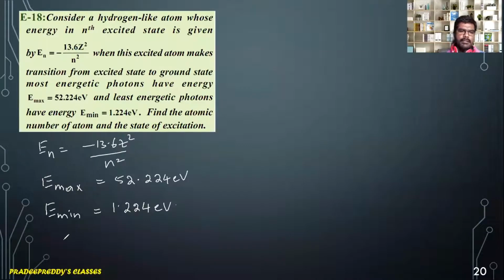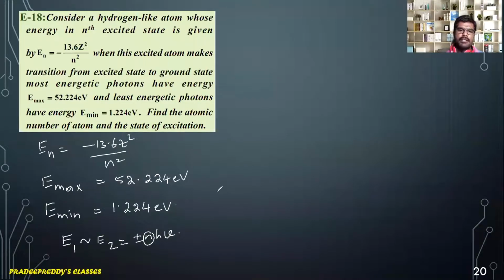As we know, from Bohr's third postulate, the difference E1 and E2, that means the first energy level minus the second, I'm not telling it as minus, it is a difference, is equal to plus or minus nh nu. Based on this n, you may get high energy or low energy. If the spacing between two energy level transitions is very high, then maximum energy is released. If the spacing is less, then minimum energy will be released.